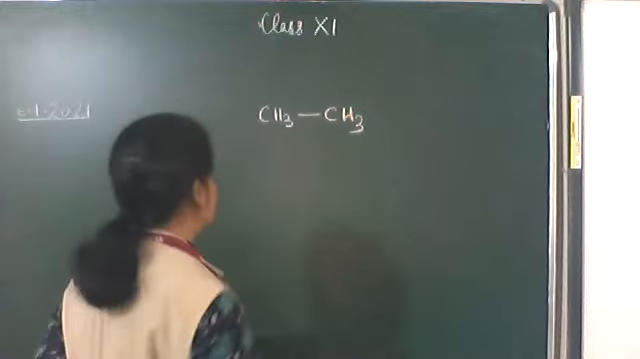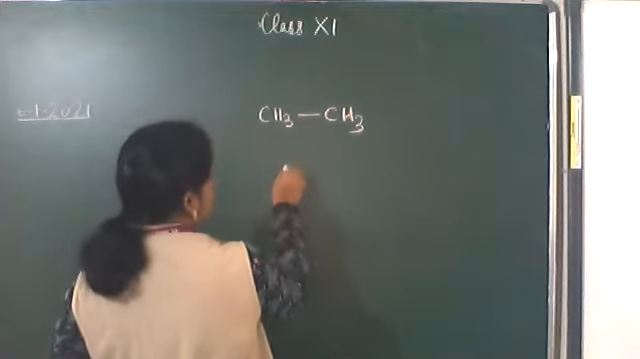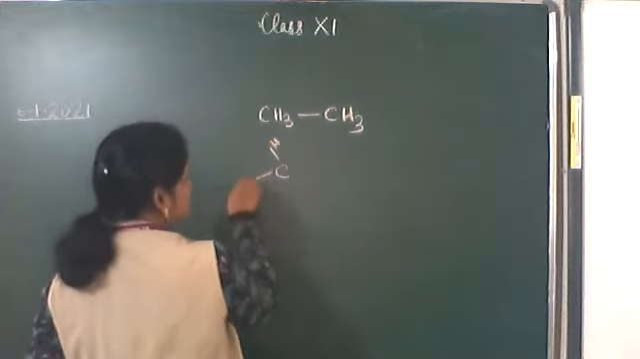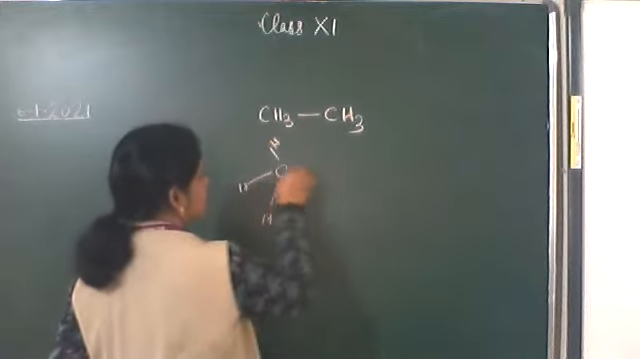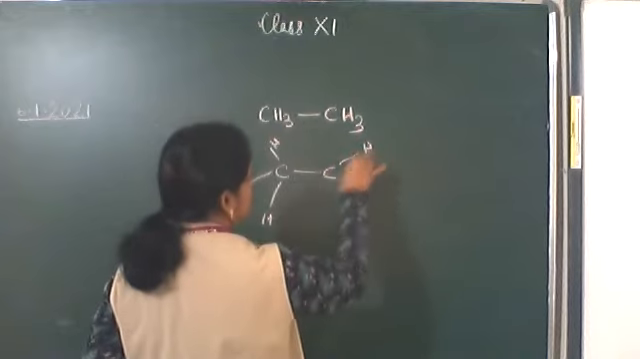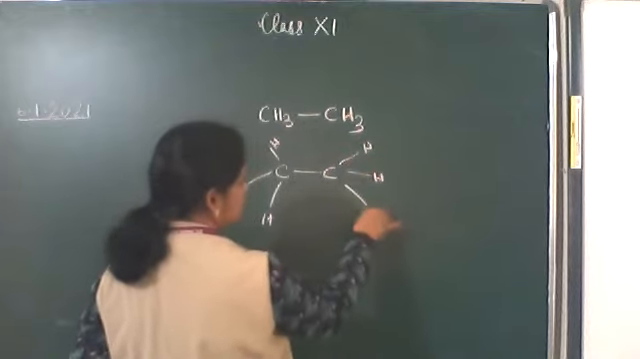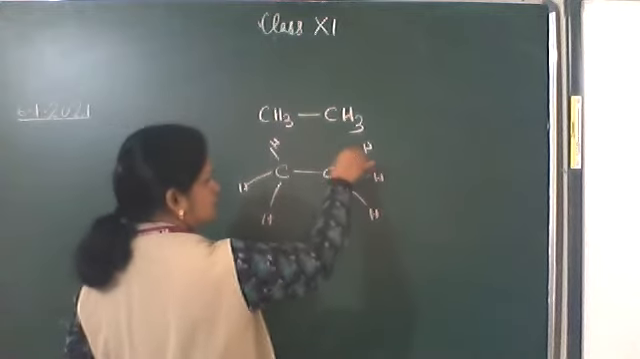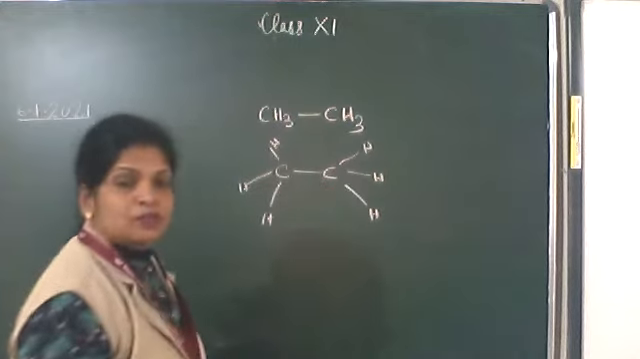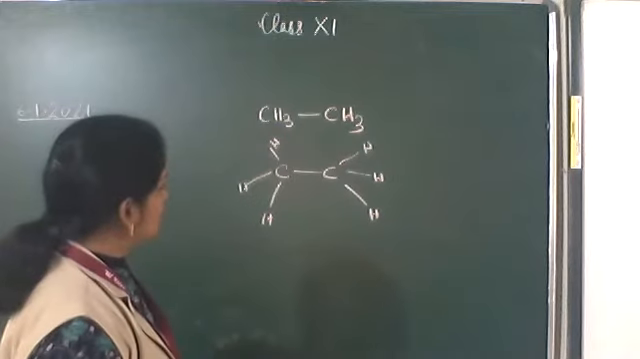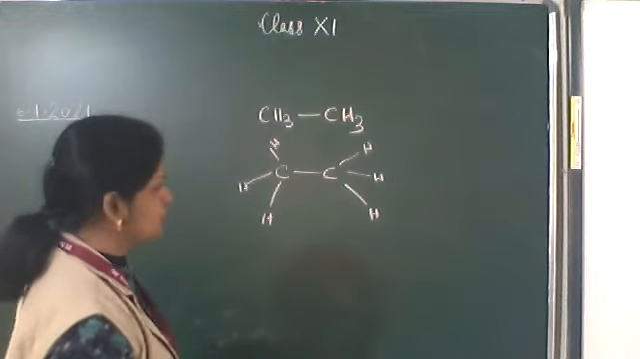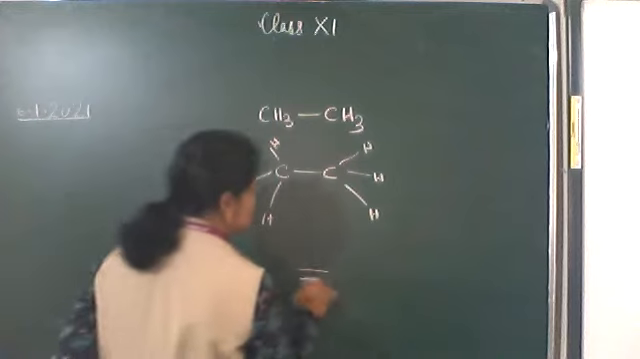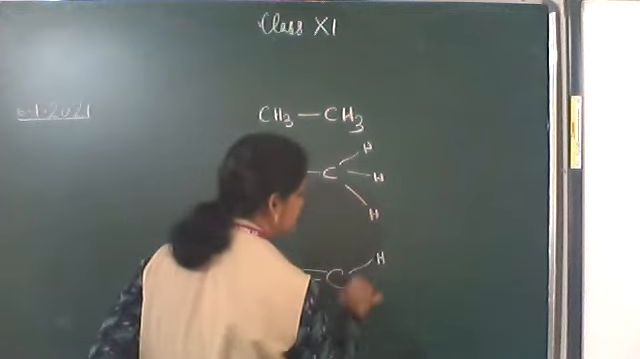Hydrogen, carbon. So here only this C, H, H, H, C, H, H, H. Sigma, sigma, sigma, sigma, sigma, sigma, sigma. How many sigma bonds are there? 7 sigma bonds. But in the case of this ethene,